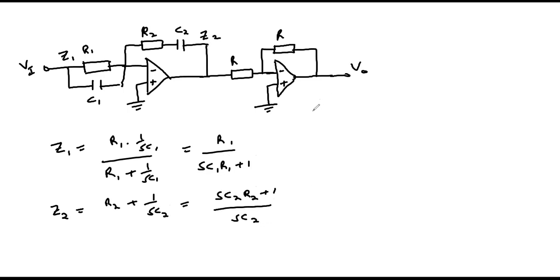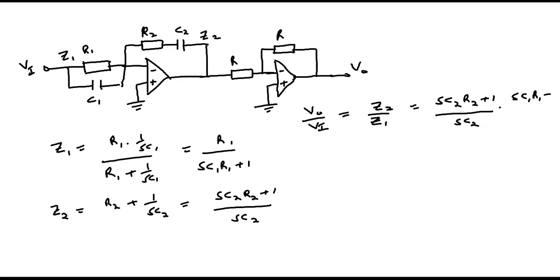The gain of the operational amplifier network, V out over VI, will be equal to Z2 over Z1, which is SC2 R2 plus 1 divided by SC2, multiplied by, since we are dividing by Z1, the reciprocal of Z1, which is SC1 R1 plus 1 over R1,